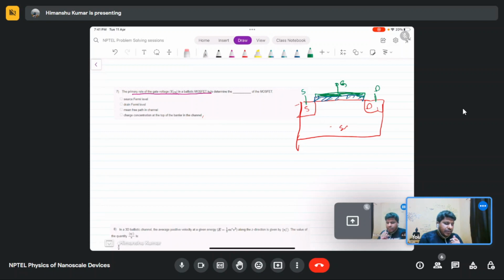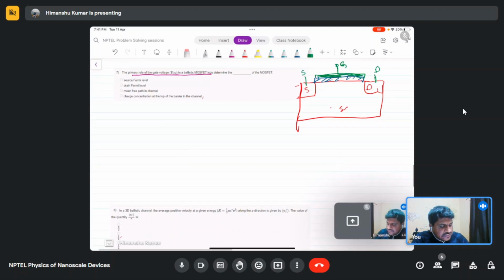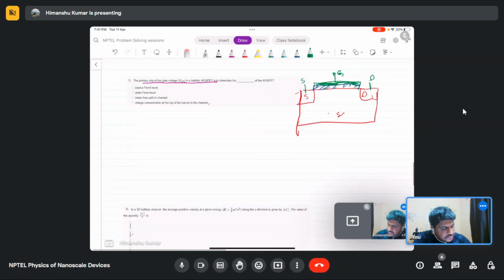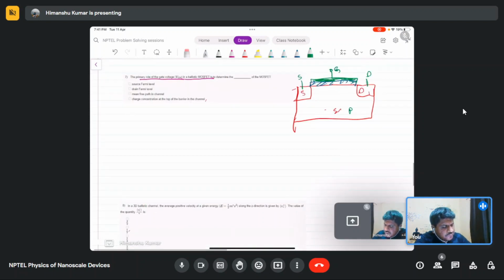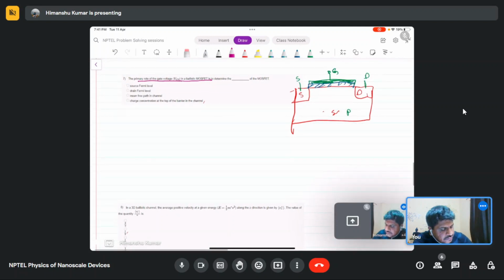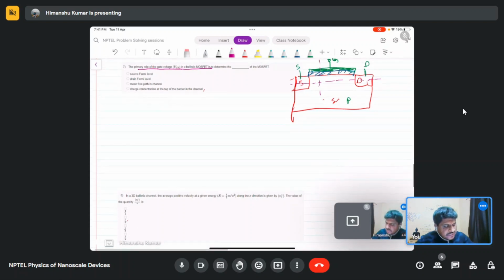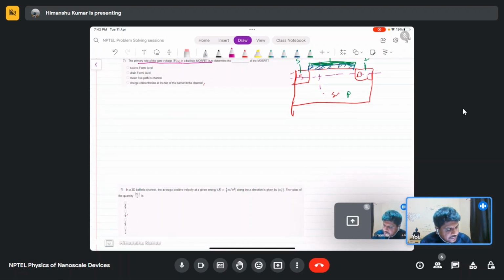Now the primary role of this, so basically what happens is, as we start applying this bias, suppose this is the p type substrate. Then if we draw the band diagram, we can draw it across two lines. We can draw the band diagram across this direction, and we can draw the band diagram across this direction. So if we draw the band diagram in the source drain direction, this cut line,